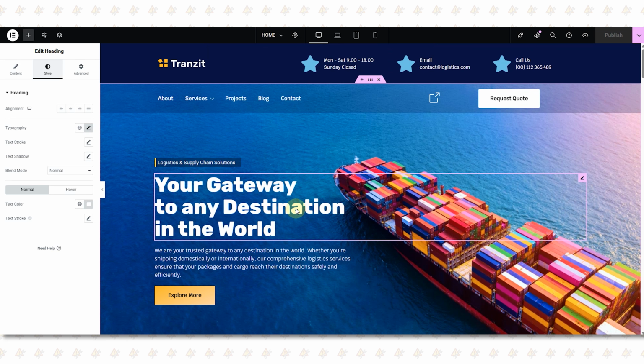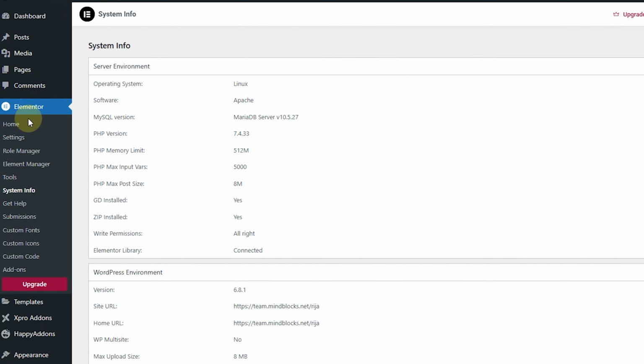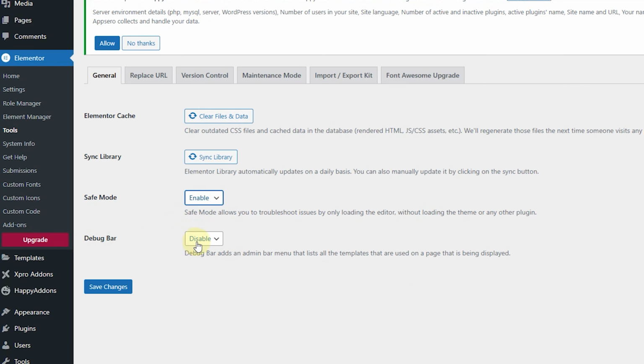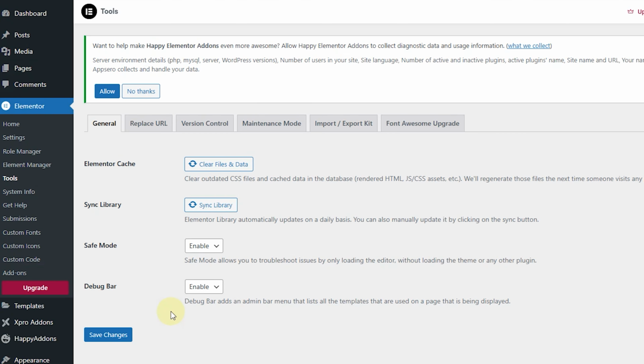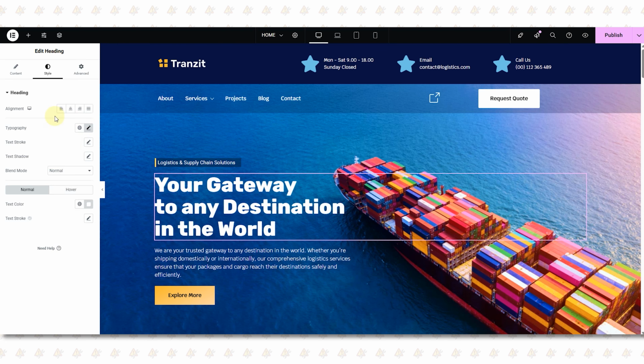And even after using all these methods, if you're still facing this issue, then try using Elementor's built-in safe mode. Go to Elementor, select Tools. Under the General tab, turn on Safe Mode and Debug Mode. This will turn off all other plugins and themes, only Elementor will stay on, and a default theme will be active. After doing this, go to your page, refresh it, and if the widget panel loads, then it means the problem is in your theme or one of the plugins.